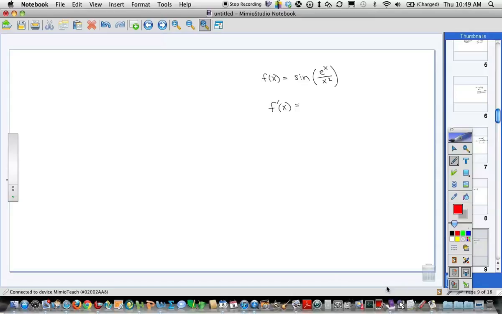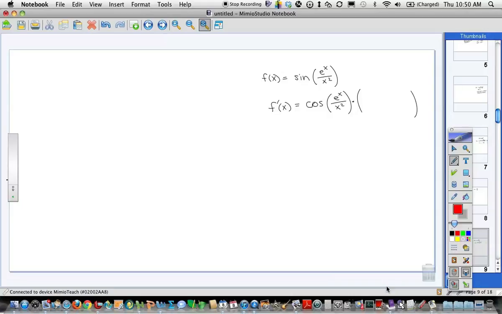Chain rule is first. You've got an outside function, which is sine. You're going to leave the inside alone, and then you're going to do the derivative of the inside. And when you do the derivative of the inside, it's going to need the quotient rule. So it would be what? Cosine, leave the inside alone, times, and then big parentheses,